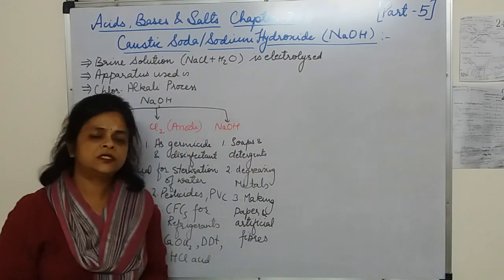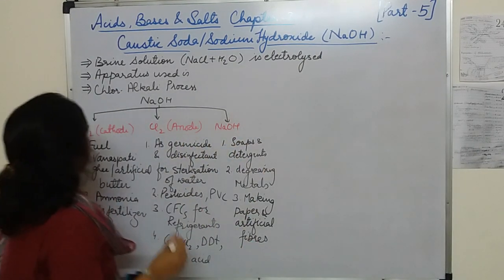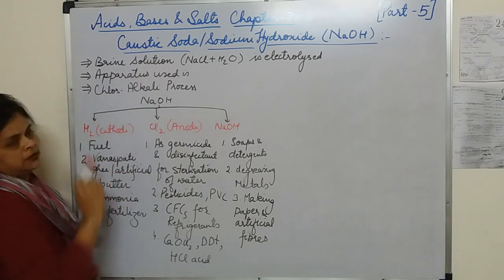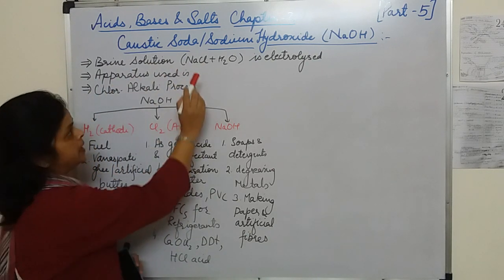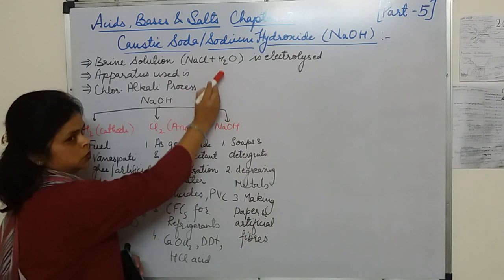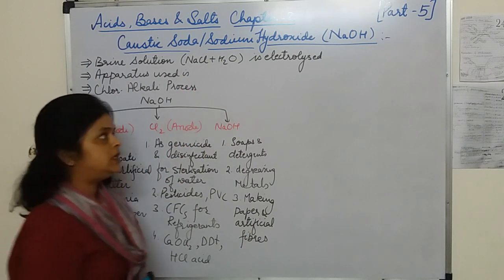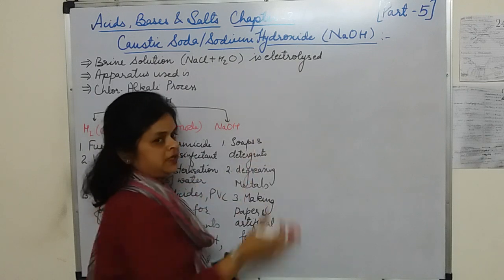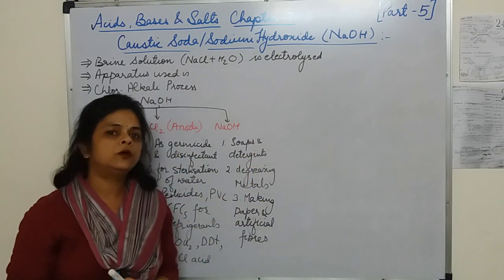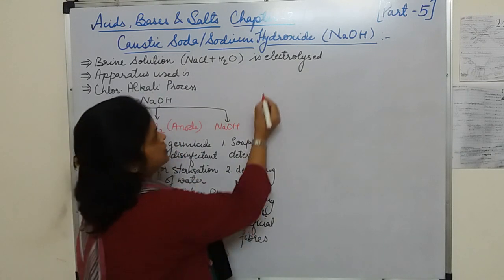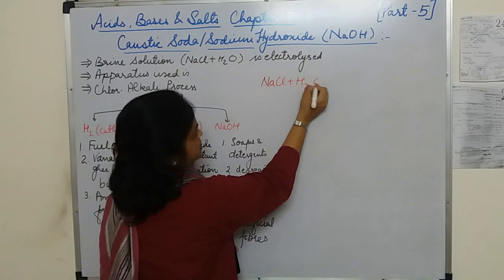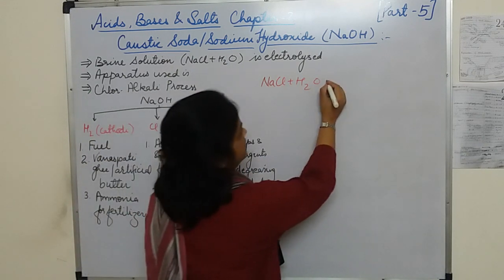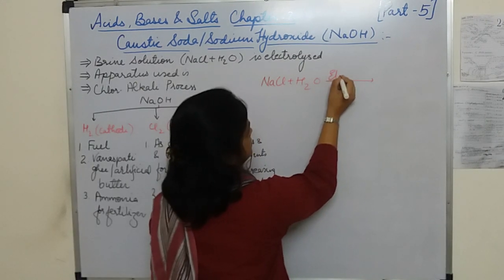We know sodium hydroxide is a strong base. Now, brine solution. What is brine solution? It is an aqueous solution of sodium chloride, that means NaCl plus H2O. Whenever brine solution is electrolyzed, that means electricity is passed through the aqueous solution of NaCl. So NaCl plus H2O is called brine, and when you are passing electricity,